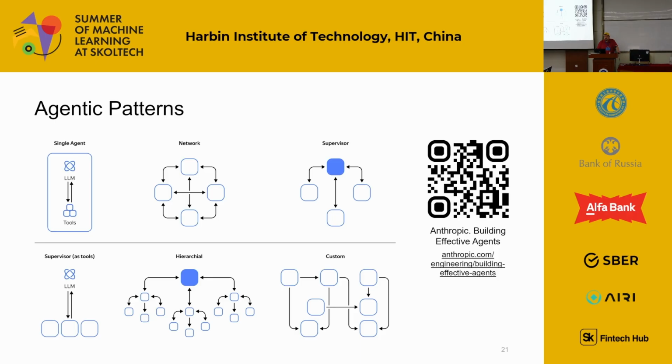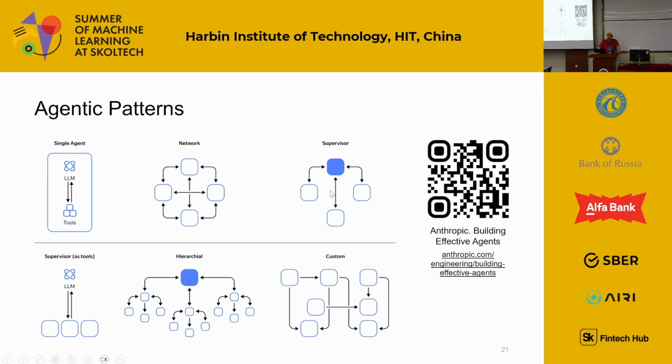So Anthropic released, about several months ago, a guide, Building Effective Agents. Anthropic calls these agentic workflow patterns. So it's not a pure multi-agent system, it's an agentic workflow. In that paper, they define different possible patterns.